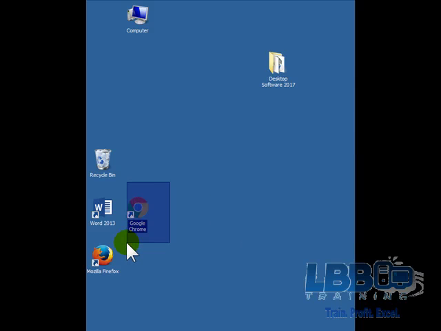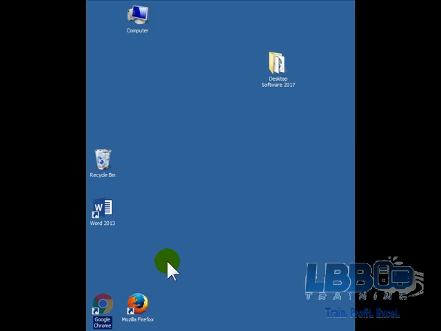Again, I can do that, or I can just take it and just move it down. Something else, I like to keep the browser that I use the most on my desktop. I like to keep those at the bottom, and I also like to keep the ones that you use like almost every day. So I'm not using Google Chrome a lot, so that can go in there, but I use the computer one, because that's like a back door into the,